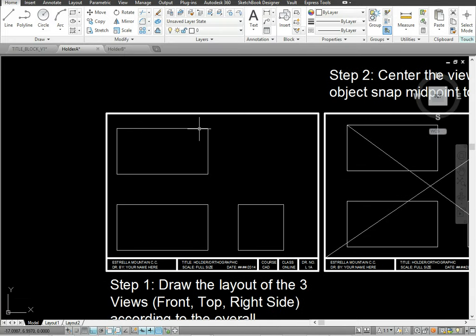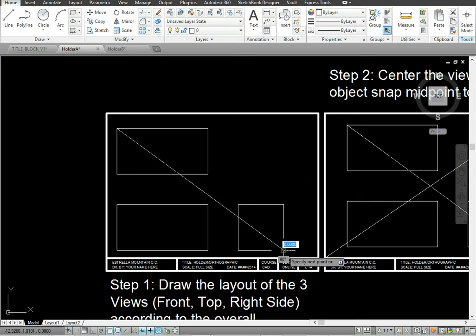Let's do that. Pick the line command. Draw an angle diagonal from one side to the other. With ortho on, it appears as if you can't do that, but with object snap on, you can. Let me undo that, take off ortho, and draw it again. Pick the line command,